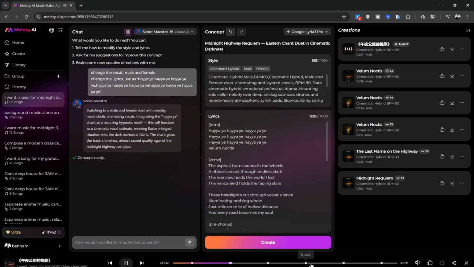These headlights cut through velvet silence, illuminating nothing whole, just mile on mile of hollow distance, and every road becomes